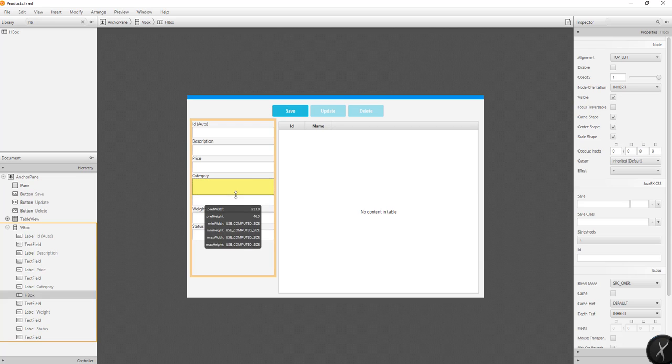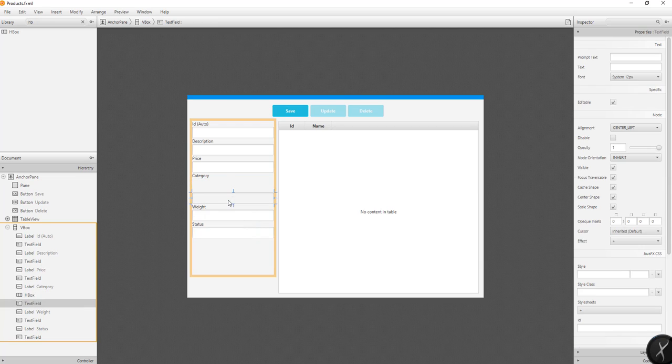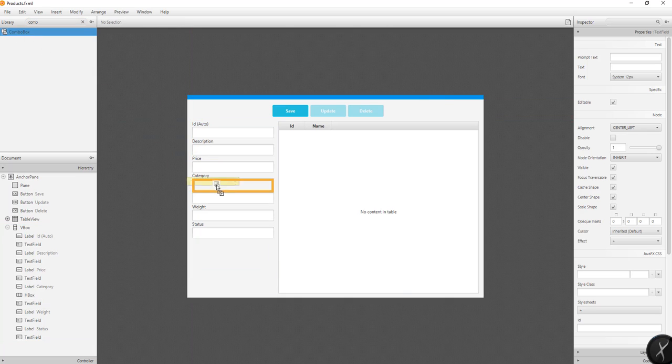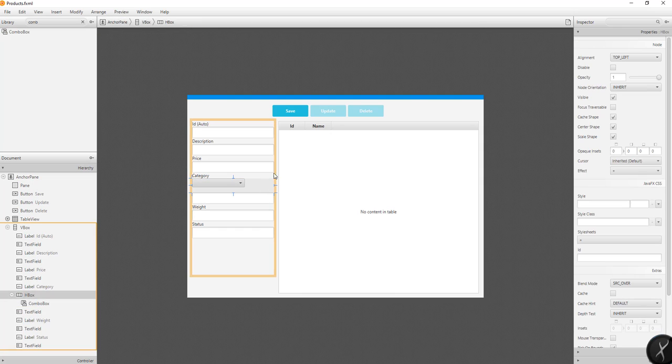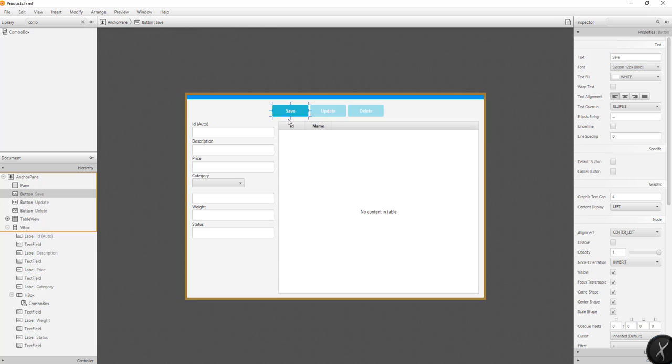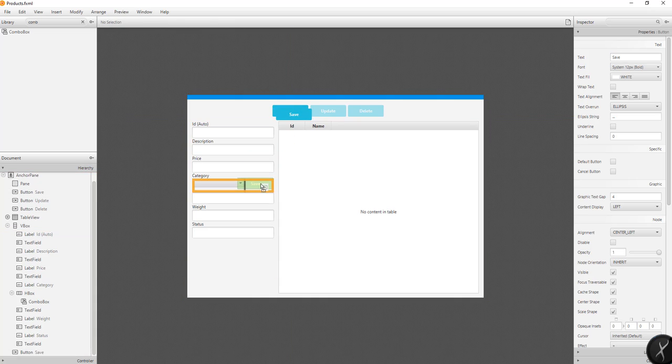Let me resize this first, and we should be using a combo box for our categories because we're letting our user choose a product category right here. And we're gonna add also a button beside the combo box. Let's just resize this,